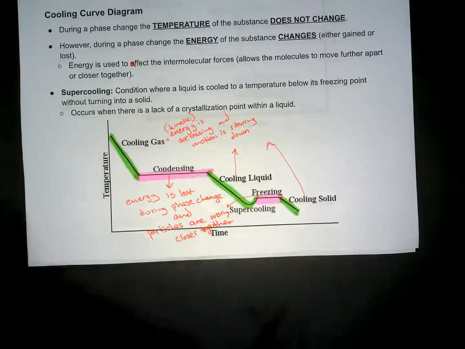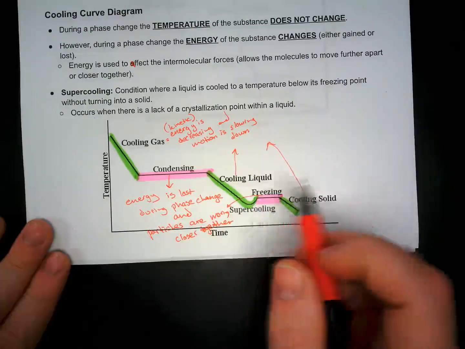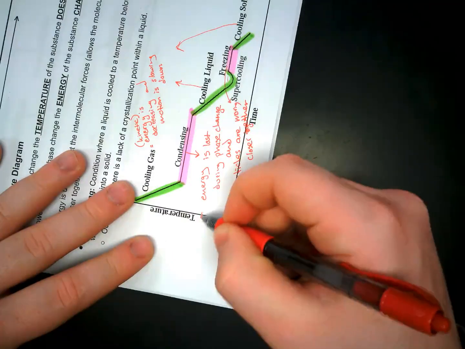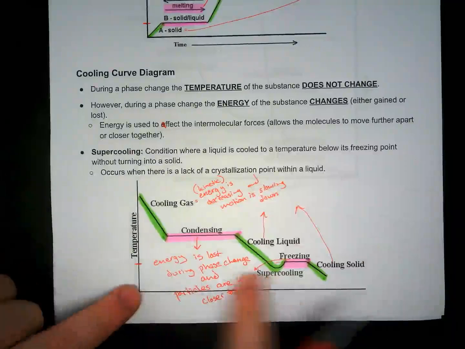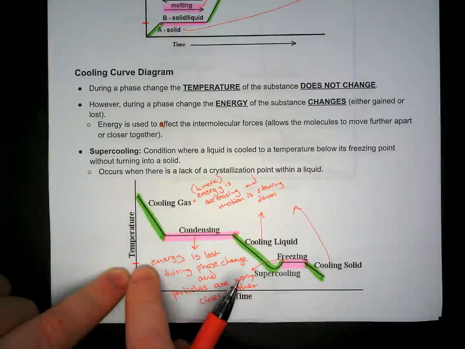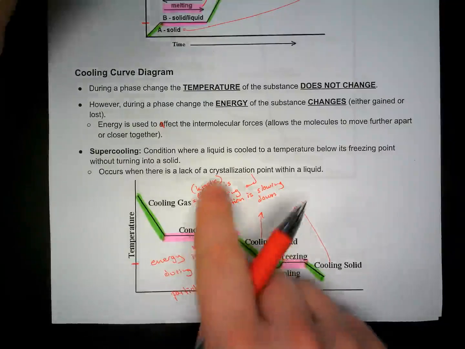Well, it's just supercooling. Supercooling is a neat little exception to what's happening, where a liquid is cooled to a particular temperature below its freezing point. The freezing point for whatever this substance is would be, if you're reading this graph, whatever this temperature is right here. So it's supposed to freeze when it reaches this temperature, but for whatever reason,